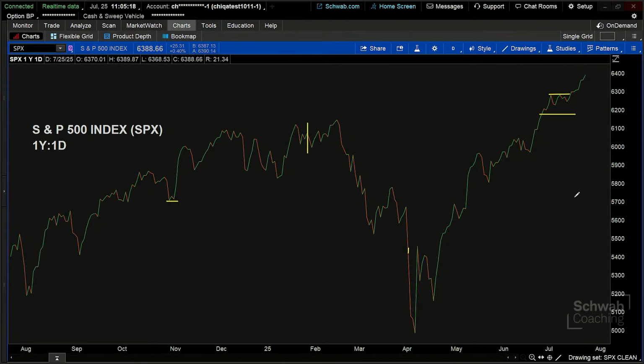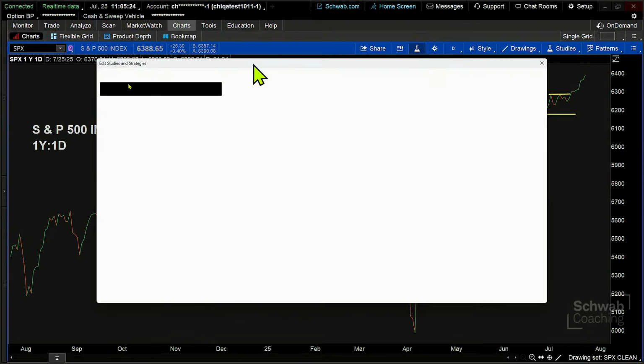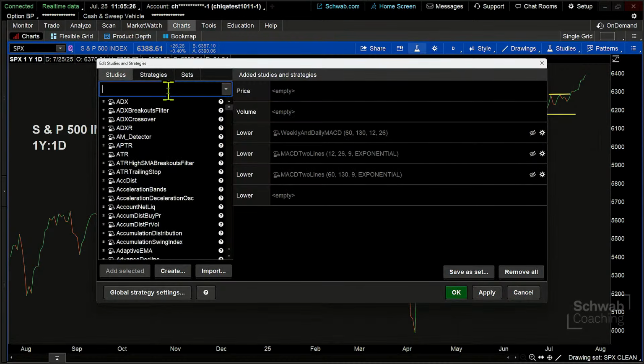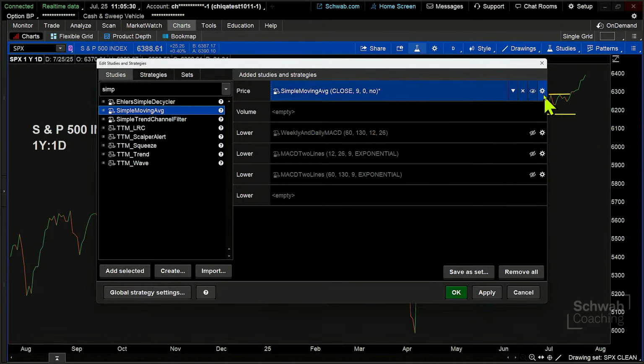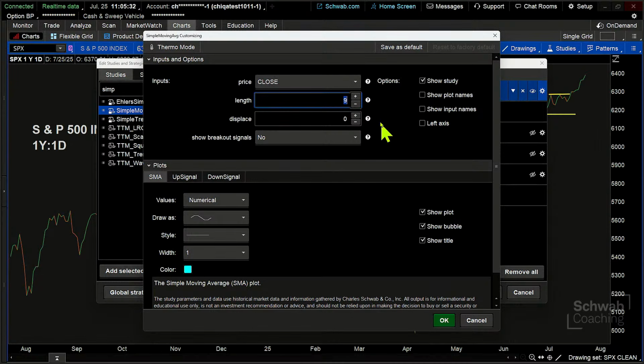because that's what it's plotting. And if we were to change the time frame, I'm just going to bring my Flask icon up here, and I'm going to type in SIMP, simple moving average, and we're going to put on a simple moving average versus a particular time frame. I'm going to do a 1-day moving average, which is price, versus a 5-day moving average, which in this case is what I'm putting on here as a simple moving average.